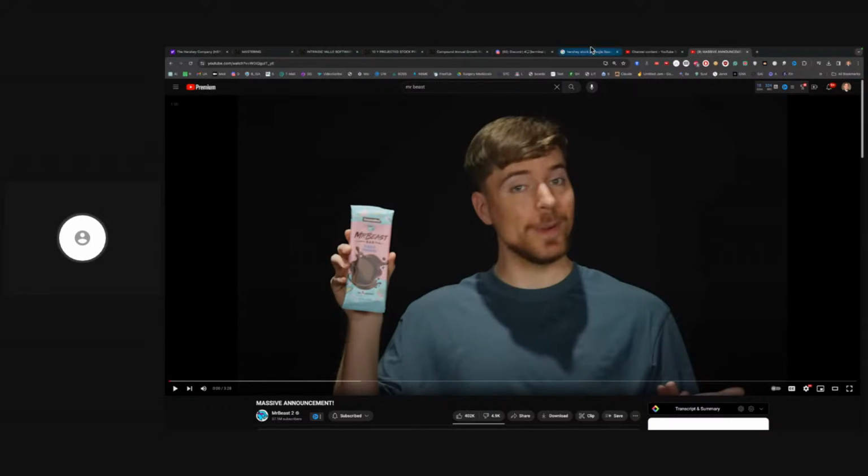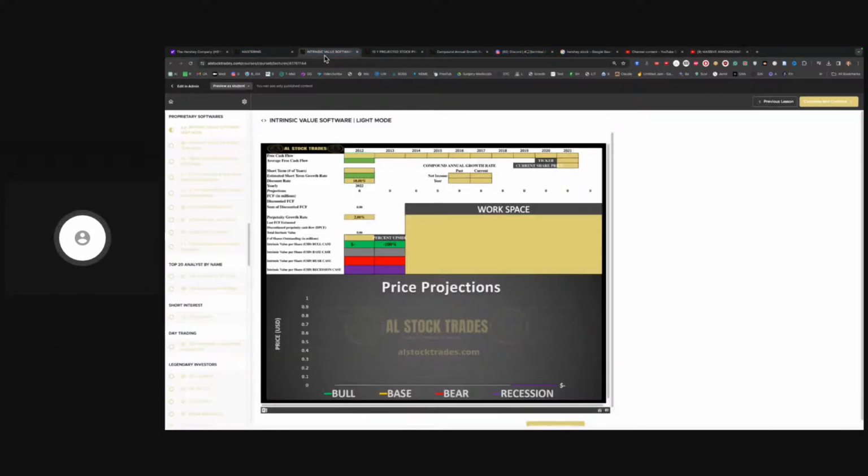The point is, again, this is not part of the intrinsic value calculation, but the biggest weakness of an intrinsic value is it's just going to give you the numbers. You got to look at the business. You got to look at the moat. You got to look at the competitive advantage, right? Which we have